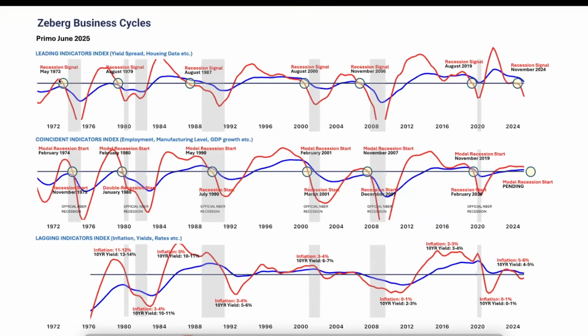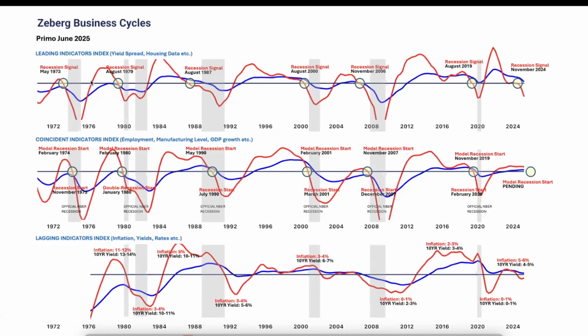Now, I know this looks like a lot of lines, but bear with me for one second here. We have the red line and we have the horizontal line. These are the ones that are important for all the lines, for all three areas. When we have a crossover of the red line with the horizontal line, that is a signal from the leading indicators: now the Titanic has hit the iceberg, and the ship is going to sink. It has never been wrong. These are quarterly data. These are not for timing.